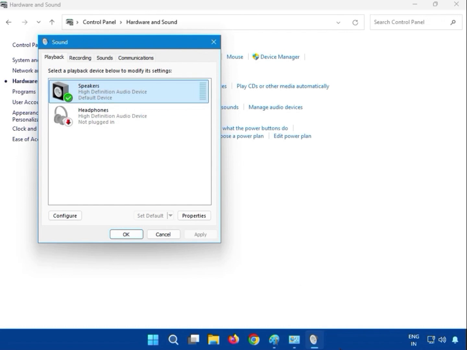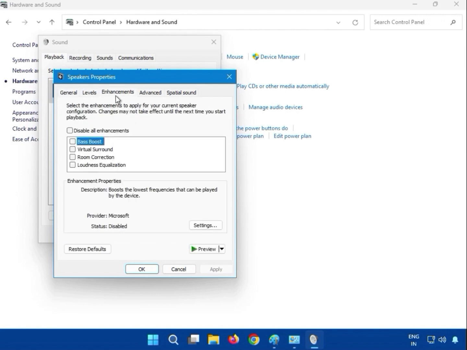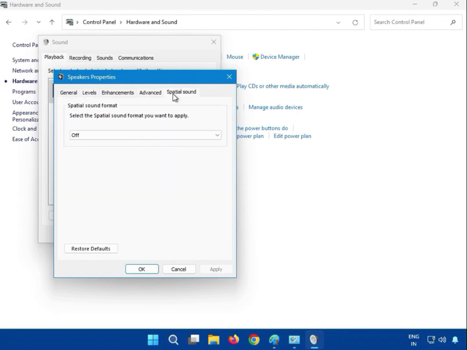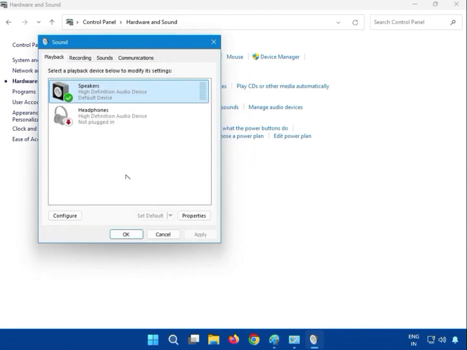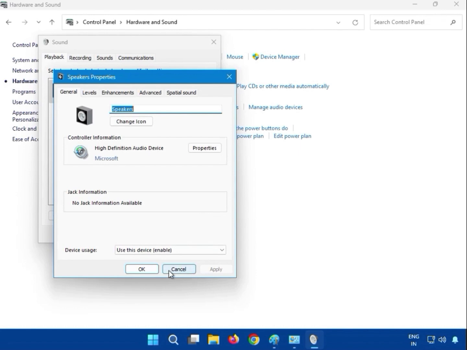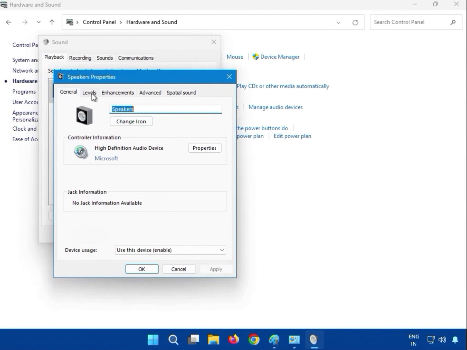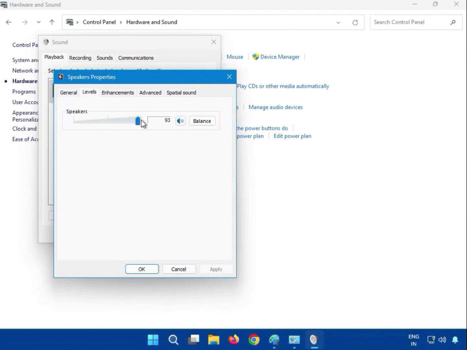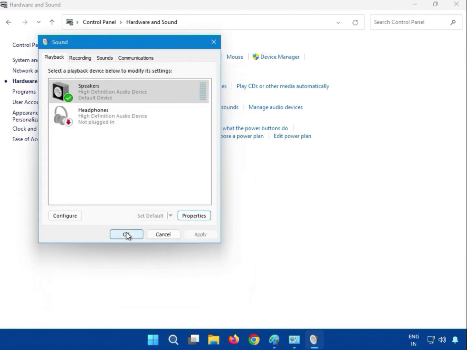Okay, then just double click and click to... you can see the text here like that. Okay, click to Properties. So guys, select the level 100%. Okay, and you can see here balance on 100%. Okay, and then OK, and then OK,